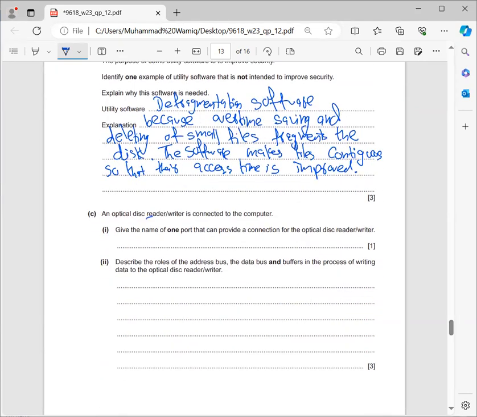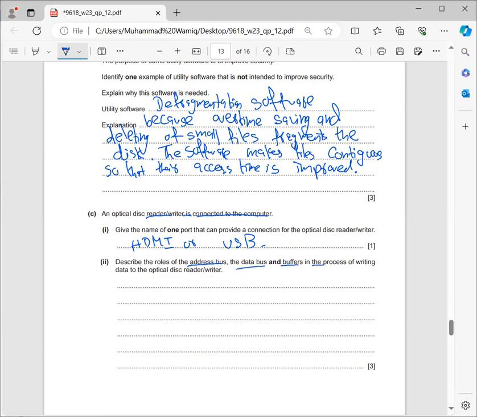An optical disk read writer is connected to a computer. Give the name of one port that can provide a connection to the optical disk. That can certainly be an example of HDMI, or you can write here USB, which is the Universal Serial Bus. And B part, describe the role of the address bus, the data bus, and buffers in the process of